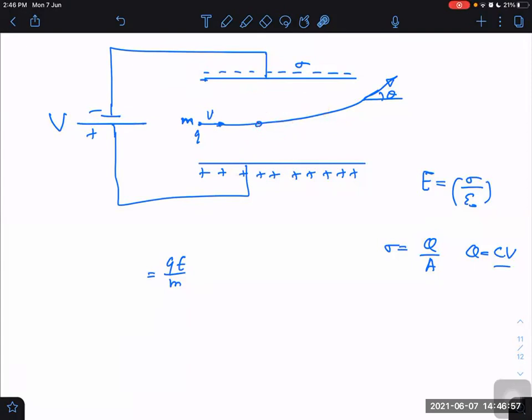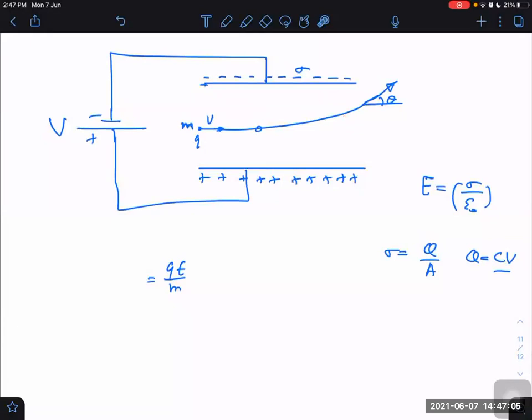But again, there are many cases possible. I can give QE in one direction, mg perpendicular to that direction. Maybe it is a top view. If I take this diagram from the top view, then this will be a completely different scenario, right or not? Then QE will be this side, mg will be maybe into the plane. Then the net force will be different, and the path will also change. It will be going into the plane also. So there are different cases possible.